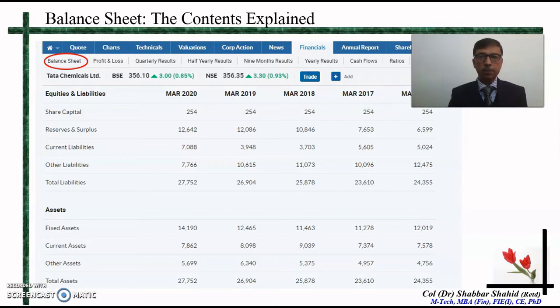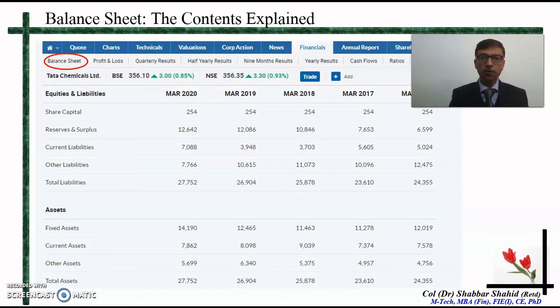Now let me also repeat here once again that the balance sheet as you are looking at is primarily for the purpose of stock analysis or for the purpose of identifying a good stock for a long-term investment, or you may say to determine the financial health of a firm.